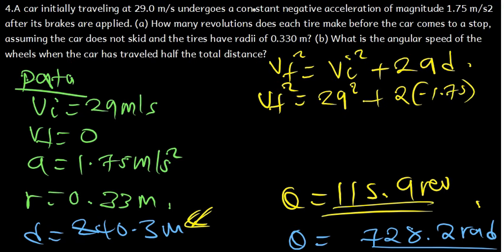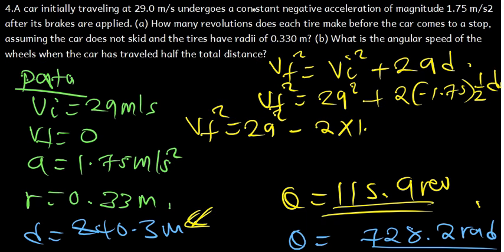Now half of the distance is going to be 1 over 2 d. Okay, so the final speed is going to be 29 squared, the same as I have, minus 2 times 1.75 times half the distance, meaning I have 0.5 times 240.3, which is going to give me